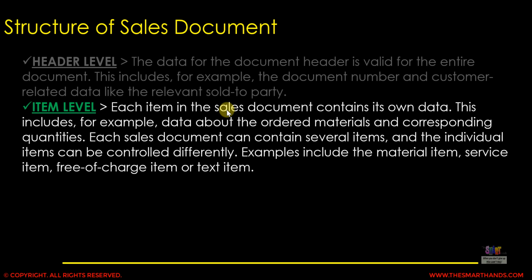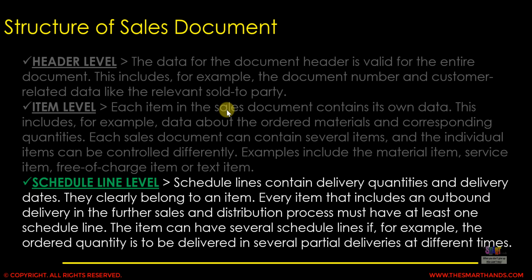So what that means is at item level we can have different data, not only different data like material text or material code or the quantity, but also there's a thing called item category, which I will again discuss in detail later on. So depending on the item category, the item can behave differently. For example, for free of charge there's a different item category. For text item there's a different item category. So there's a big role of item category in processing a sales document item. We'll discuss in more detail later on.